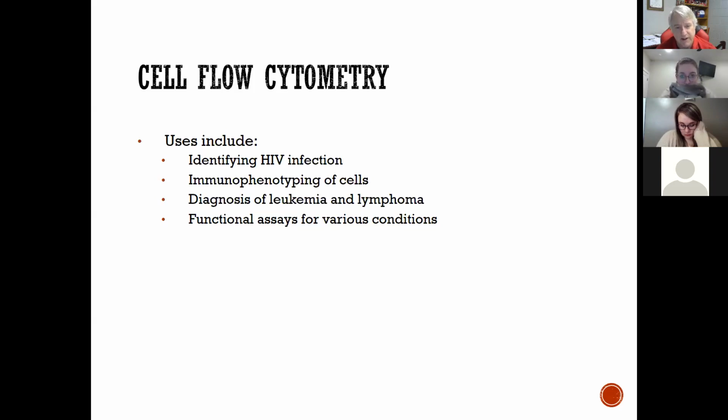But with HIV, one of the things that we're looking for is the CD4 count or CD8 count, the T helper and the cytotoxic differentiation count on those. So we can actually monitor the T helper level with cell flow cytometry, count the actual lymphocytes that are T helpers, and see what that number is doing. If it's an acute HIV infection where you're losing those numbers, or if it's chronic where you lose them over time, or before you develop AIDS. So that's definitely a useful tool with monitoring HIV infection.